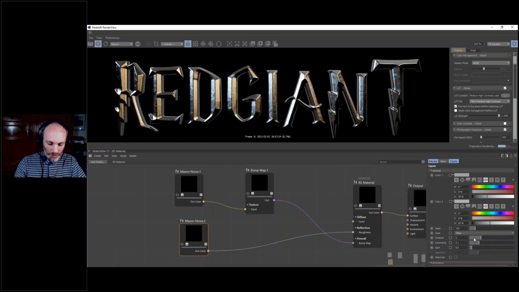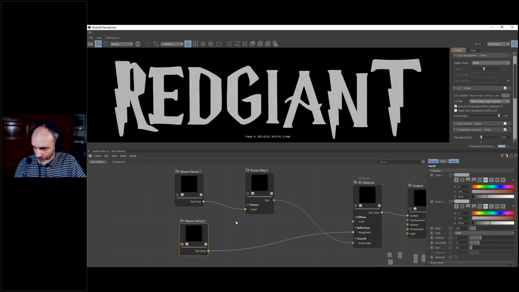So let's take a look at the noise actually. This is our noise. Well, we don't see anything obviously because I changed the black and white value too much. But if I change the octave, I'm going to have a noise which is going to have less details, as you can see.